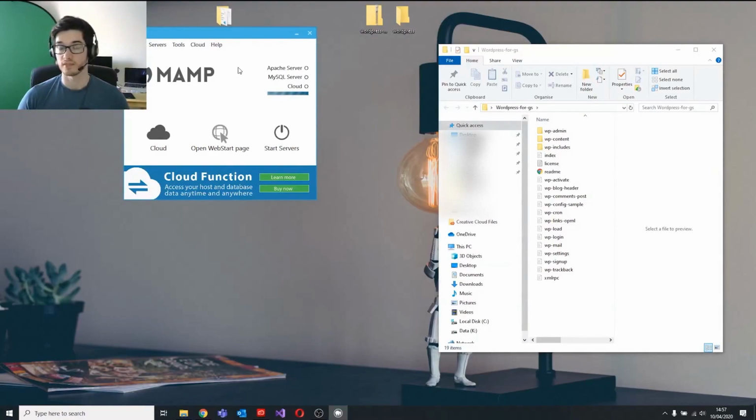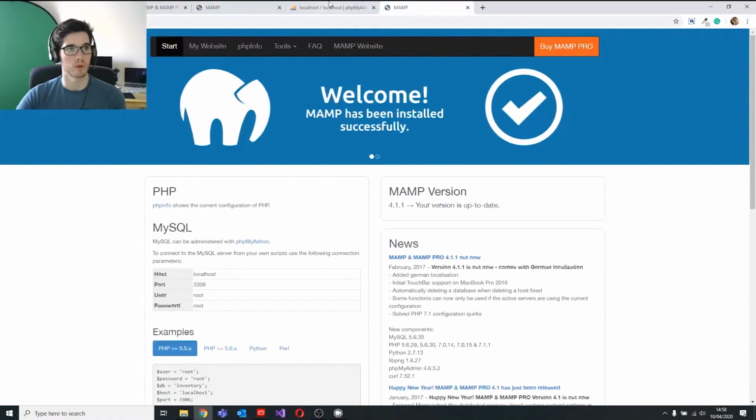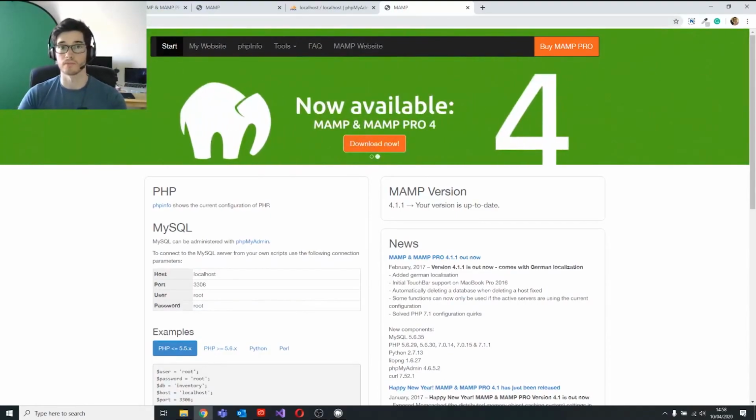Go get them, essentially. So let's just wait a moment and let that do its magic. Essentially it's running Apache, it's running a MySQL database, and then it's going to spit out a localhost URL for us. If it doesn't, however, what we want to do is click on Open Web Page, and then up the top here in your URL, this is your URL for running that folder on your browser. Although we have this page here, we're just going to ignore that, and we're going to remove the MAMP part, and then